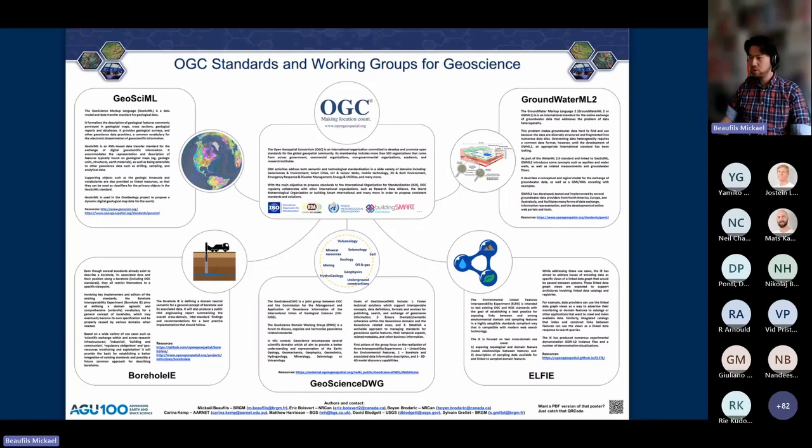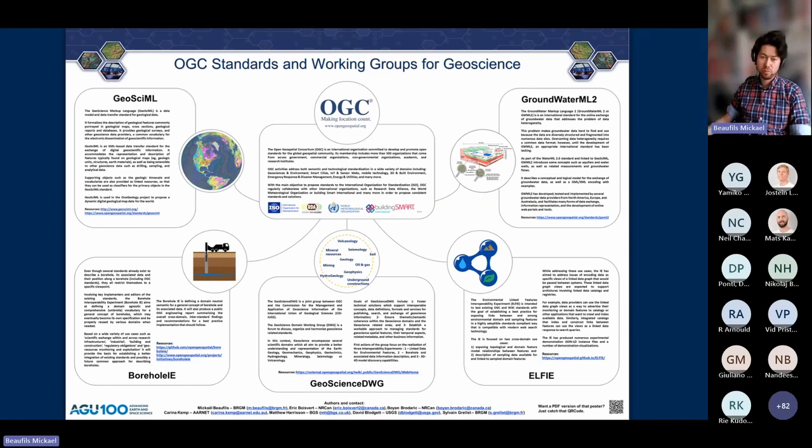To do that, we explore possibilities with interoperability experiments. We had one regarding boreholes, a second one regarding environmental linked features about web semantics, and there was also the Geotech AI one that I mentioned before. All those activities aim to make the geoscience standards the best possible in order to address different purposes.